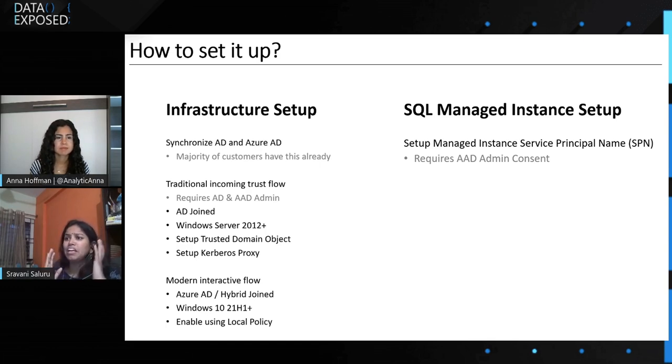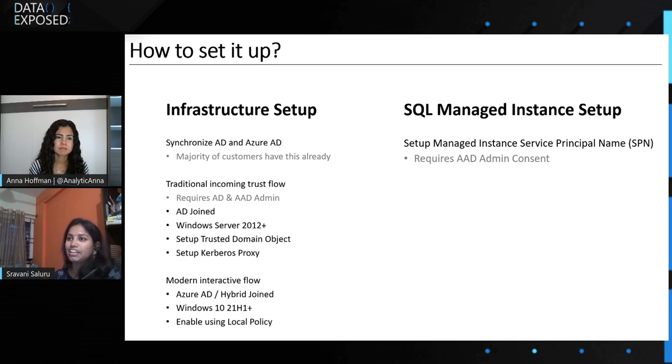We already have a PowerShell module which is provided. All they have to do is download the PowerShell module, provide the parameters, and create the Kerberos tokens with Azure Active Directory. And this works for Active Directory joined machines, and it has to be Windows Server 2012 and above. So for the modern interactive flow, it's if your client is an Azure AD joined or a